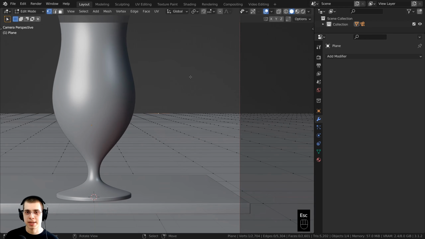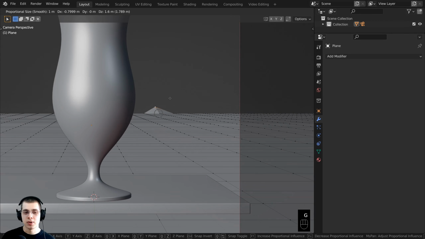So I'm just going to press escape to undo that. What I want to do is I want to go right here, and I want to turn on the proportional editing. So you can click on this, or you can also use the shortcut key, which is the O key. So turn on the proportional editing, and when you turn on the proportional editing, now if you press G to grab, you can see that there's that little circle there, and if you scroll your mouse wheel, that is going